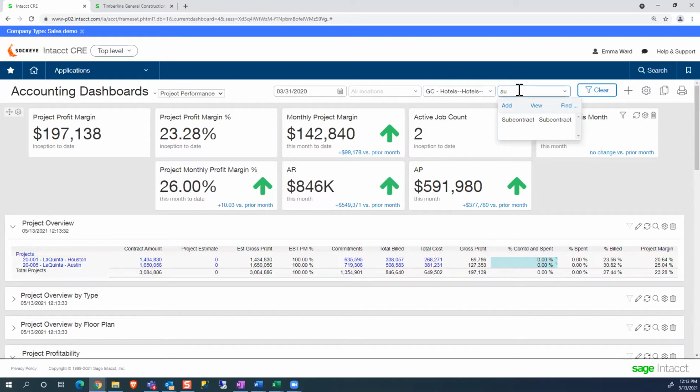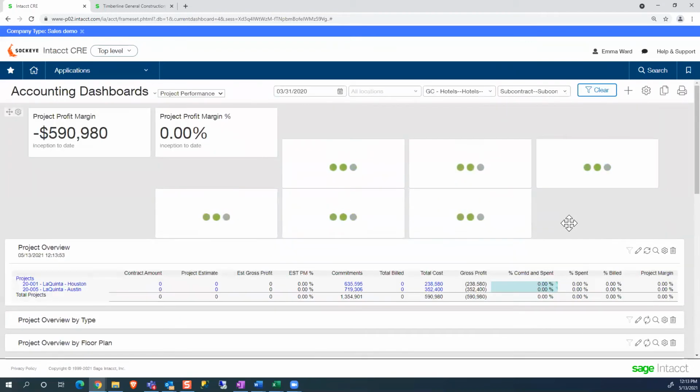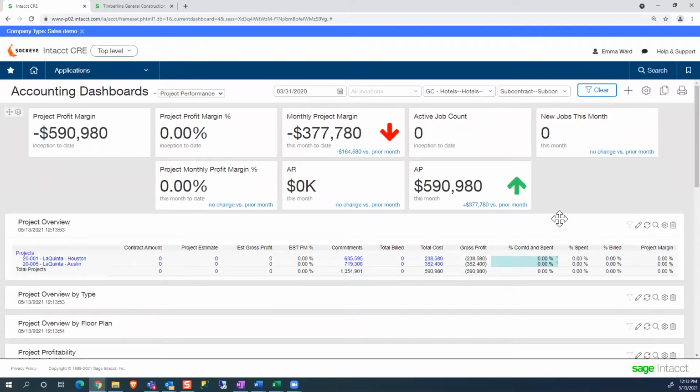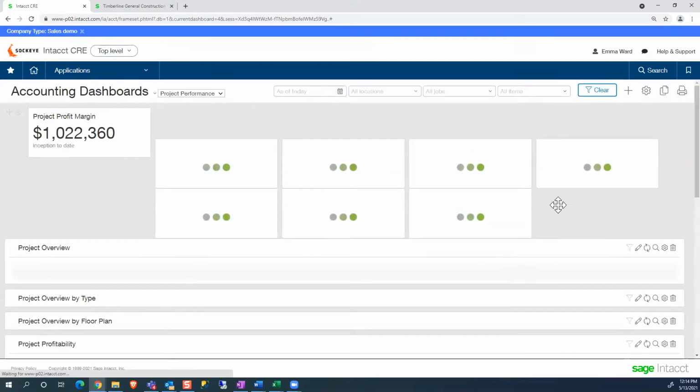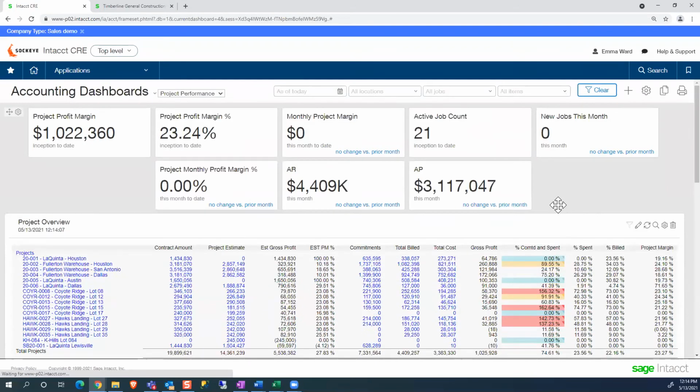I could furthermore say I want to look at just subcontractors on those projects and add another filter here, and that's going to filter that information further, both revenue and expenses, everything having to do with a subcontract. Okay, so it's really dynamic in terms of looking at the data and allowing you to slice the data in different ways to get what it is you want to look at.